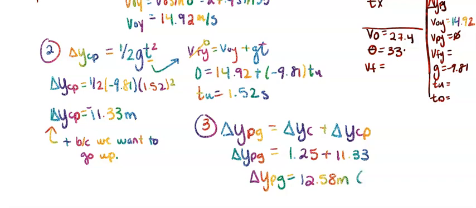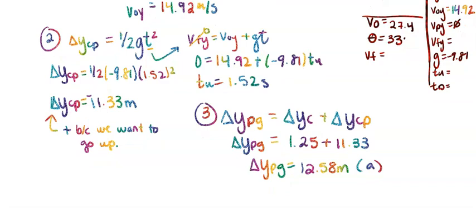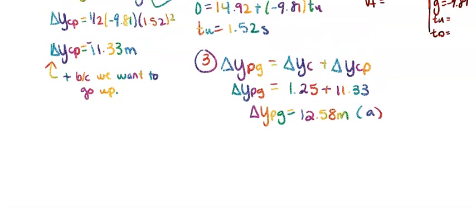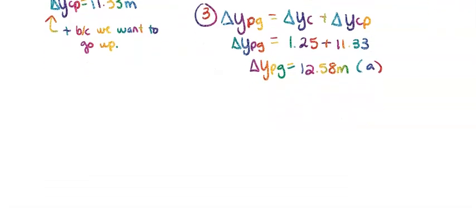So from the ground, we will have a point that is 12.58 meters in the air, and that's the answer to part A. Now part B says how long will it take to do so, which we already found by finding time up, so that part's already done. Realistically, if you wanted to find delta y and then find the time, you would have to change the order of your equations, but you could do it either way. Alright, the next part